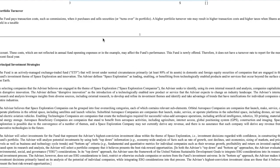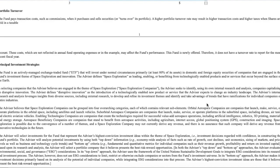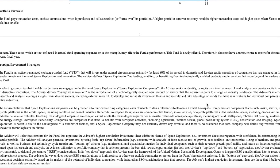So this is the SEC filing for the ARK-X ETF, and the advisor, who is going to be Cathie Wood, believes the space exploration companies can be grouped into 4 overarching categories, each of which contains relevant sub-elements. Orbital space companies are companies that make, launch, service, or operate platforms in the orbital space, including satellites and launch vehicles. Suborbital aerospace companies are companies that launch, make, service, or operate in the suborbital space, including drones, air taxis,